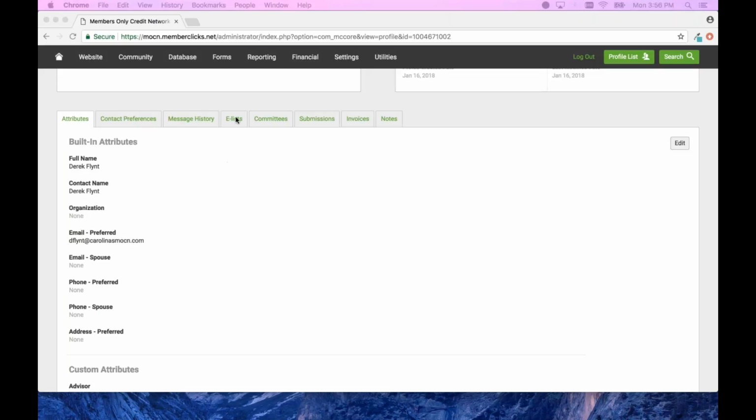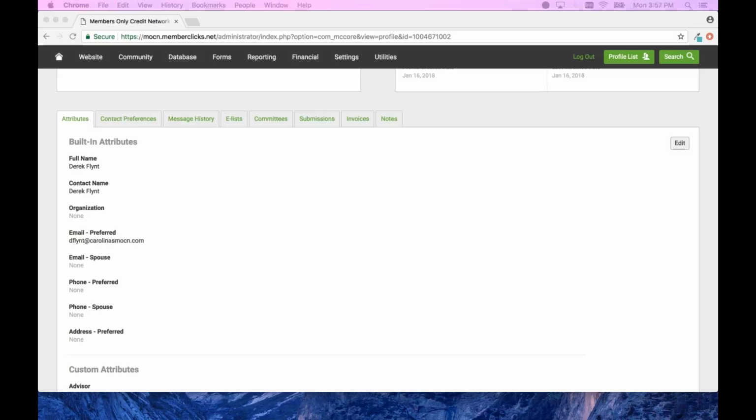We have e-list and committees. E-list and committees are really more about social community. We're going to talk about social community on our 4th training, so I'm not going to jump into what those mean today. Okay. The submissions tab will hold every form they've ever submitted, including their membership application, any events they